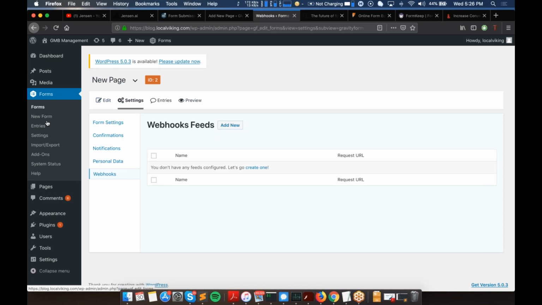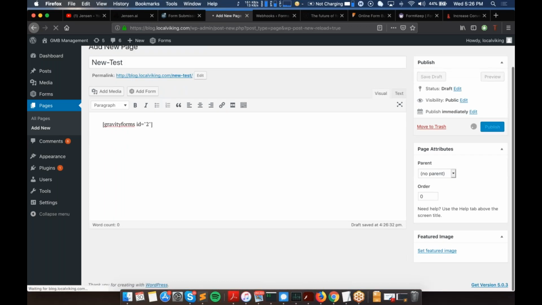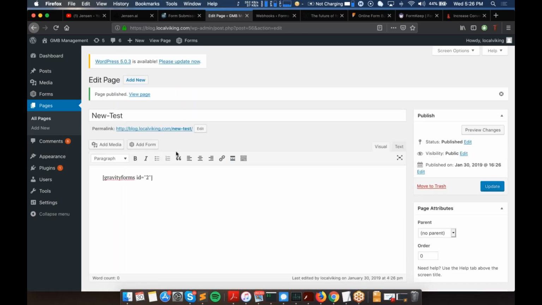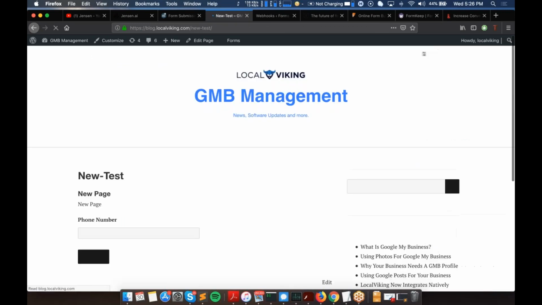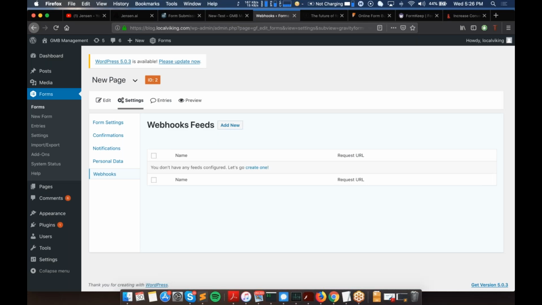I really quickly would like to make sure this page has, so let's say Gravity Forms ID equals 2. Save this, publish it, and save it. Let's just view the page. We've got the new Gravity Form. And let's just go and set the webhook here. So I've got the webhook